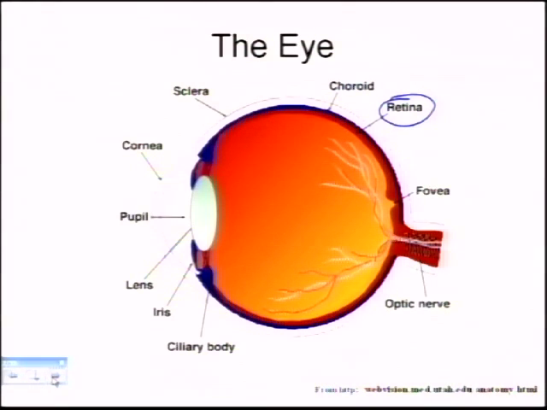So many parts of the eye are formed through different aspects of development as embryo and fetal development proceeds, and they come from different places. And I'll give you a little bit of that as we get to the next slide. But we're interested in the retina, and that generates as part of the central nervous system. The retina is very, very important because it interfaces one of our important sensory mechanisms, light. It interfaces light with visual perception.